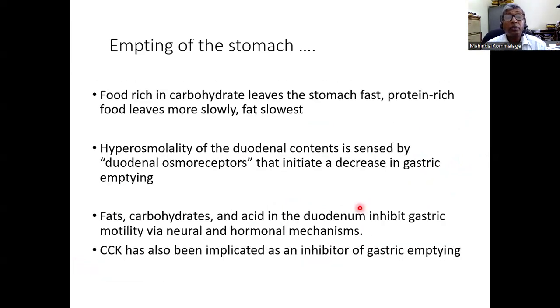Right. So, emptying of the stomach: food rich in carbohydrate leaves the stomach fast. Protein-rich food leaves slowly. Fat is the slowest, right? So if you think about emptying, fat will empty the slowest, carbohydrate probably quickly, and protein in between. So that is why, you know, if we get fat-rich food,